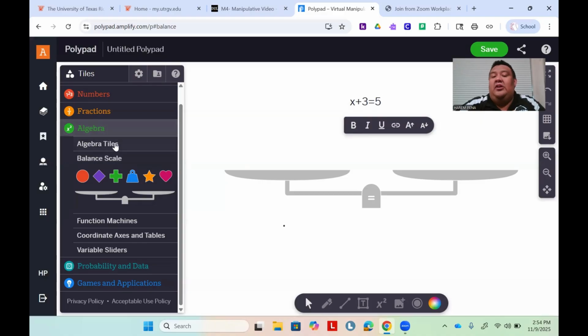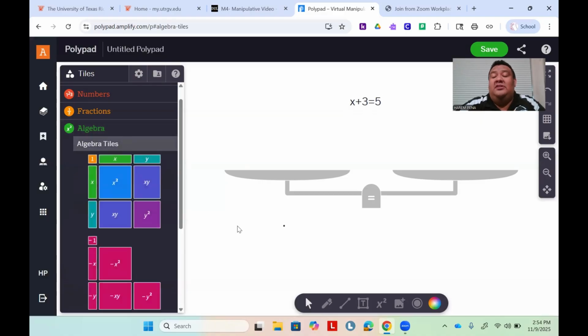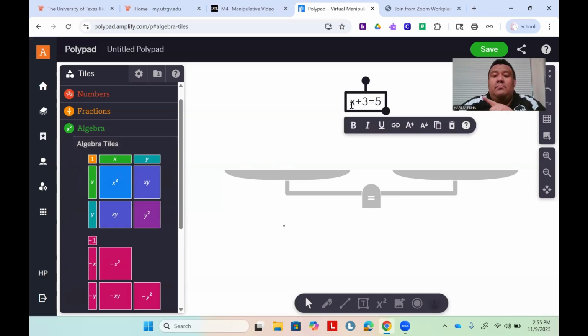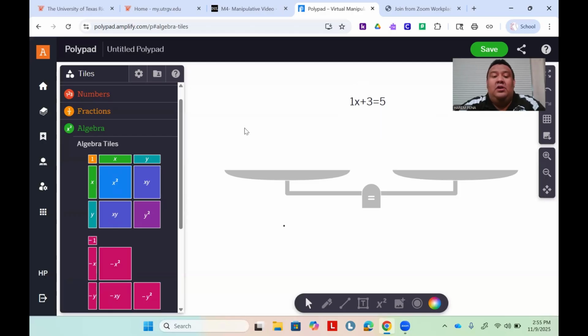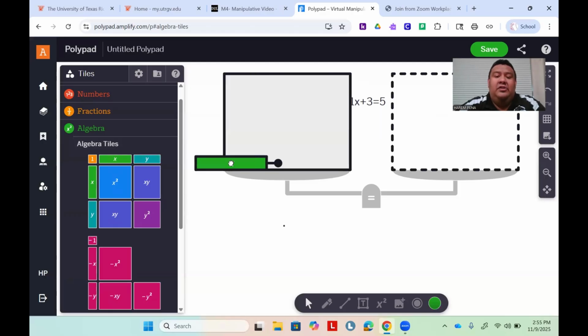So we're going to bring in our algebra tiles, and I'm going to start representing. We're going to start modeling what these numbers and variables look like with pictures, right? And so we're going to click on, so how many x's do I have? I have one x. Okay, so our coefficient is 1. Coefficient is 1. So what that means is that I need to multiply the value of x times 1. And so I'm going to bring, it doesn't matter which one you bring, I'm going to bring in my